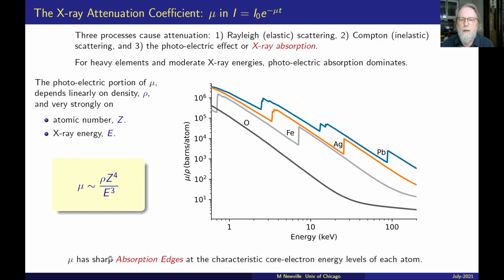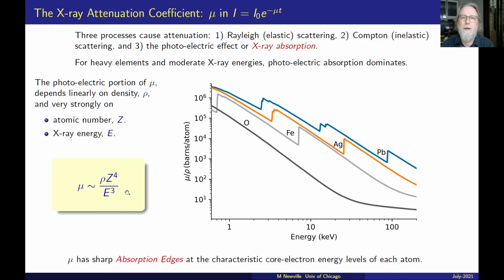You can also see that mu has sharp absorption edges where the absorption coefficient will change by almost an order of magnitude very suddenly. And this happens at the characteristic core energy electron levels for each atom, which are different for each atom. So this property of the photoelectric cross-section going as Z to the fourth power and E cubed